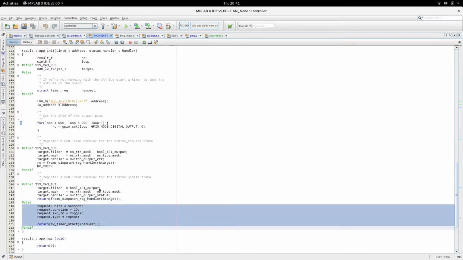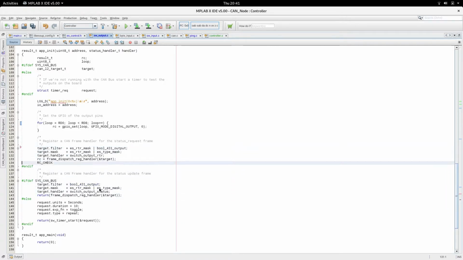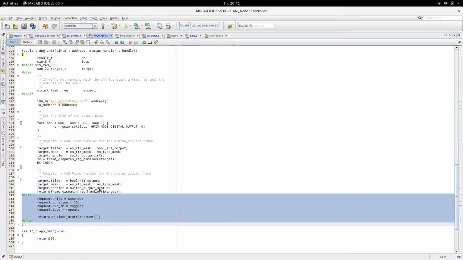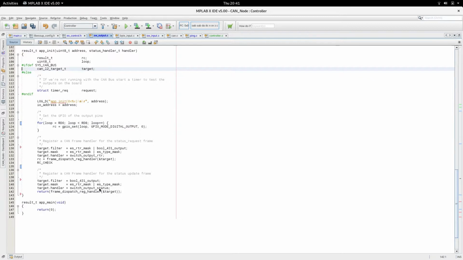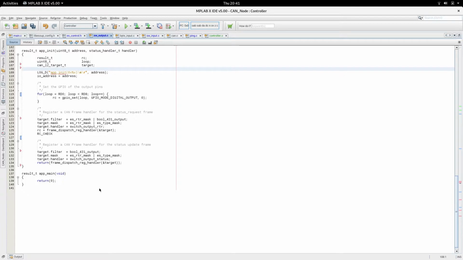Now there was some other code for test purposes, which is in that. I mean, this is all, can is always defined in this. I should actually get rid of those. And shorten it even more. So I was using timers for this output node, but that's the output node there. A simple initialization set up 2 handlers for 2 specific frames,